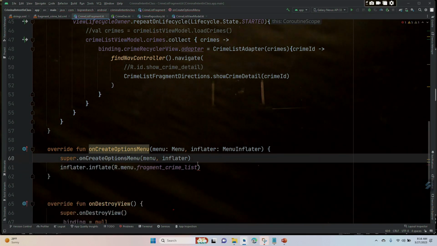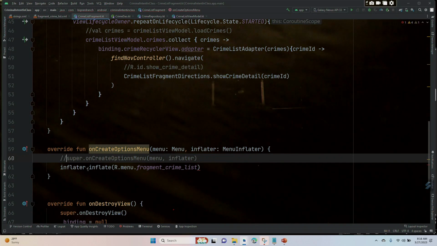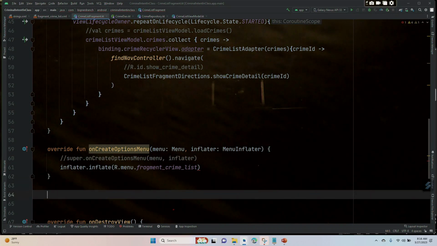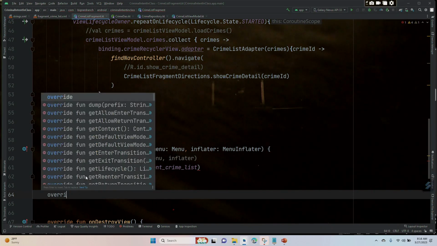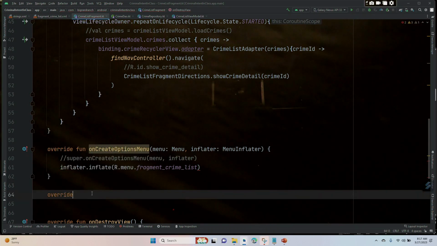The book says that this line of code wasn't even necessary, just a matter of convention. So I comment that out. I still have the error. Okay. I'll double check it later, but the idea was that we were going to be calling the set has options menu, and instead of this line doing the work that we need, it was the set has options menu